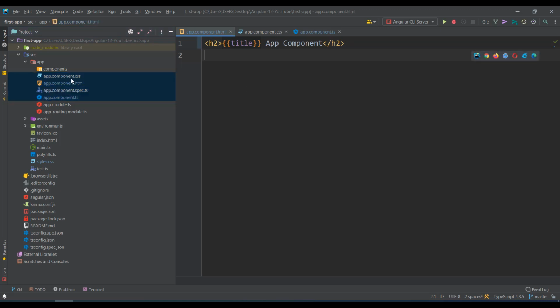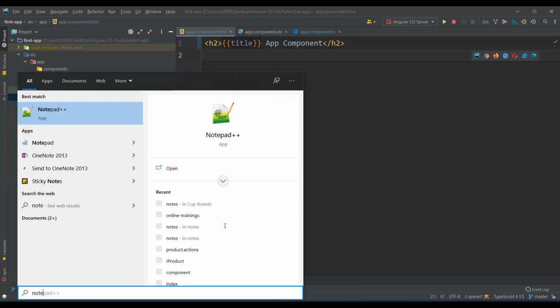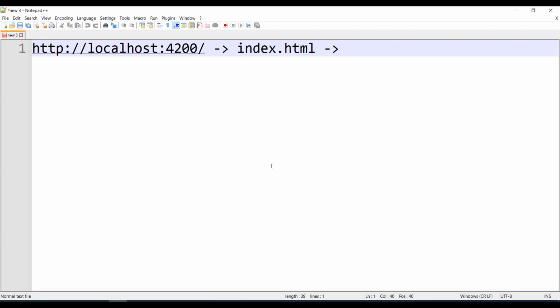We don't need to create each and every file manually. We have the Angular CLI support. We have the command called ng. You just say ng generate. ng generate is a command, and here you have to specify the key pillar of Angular.